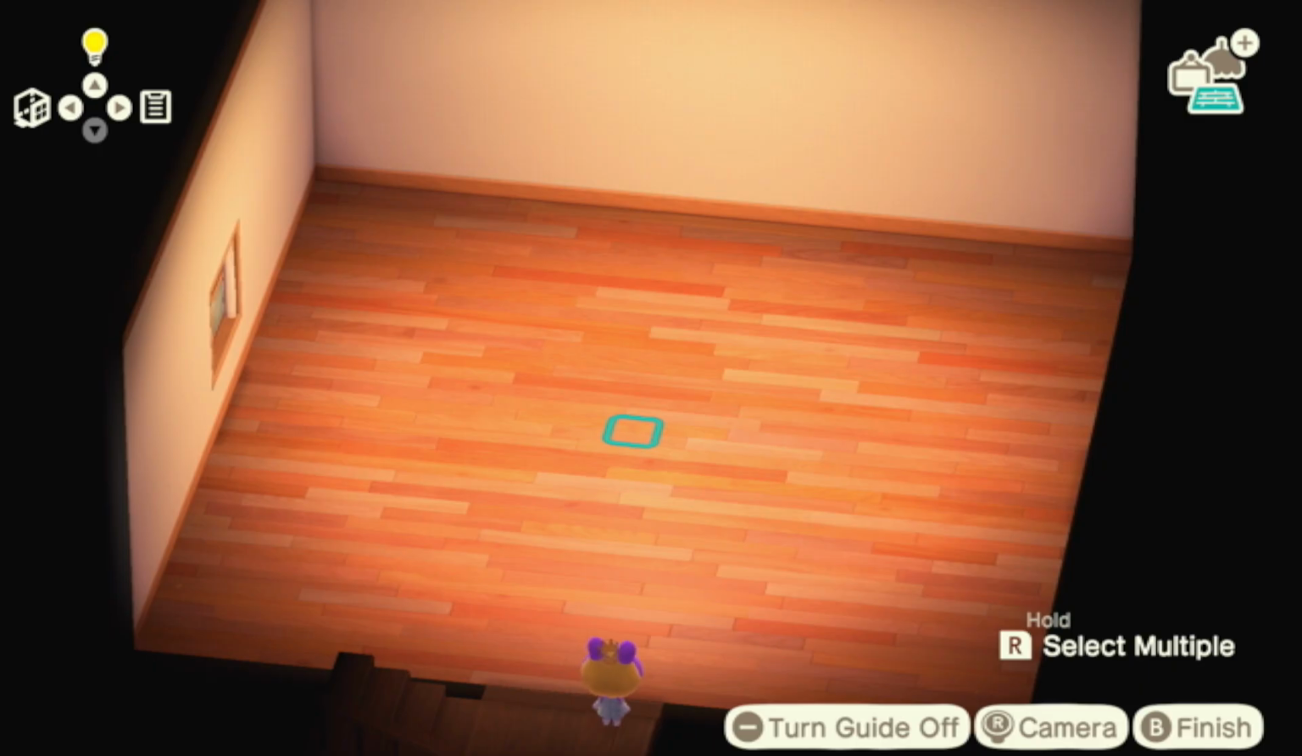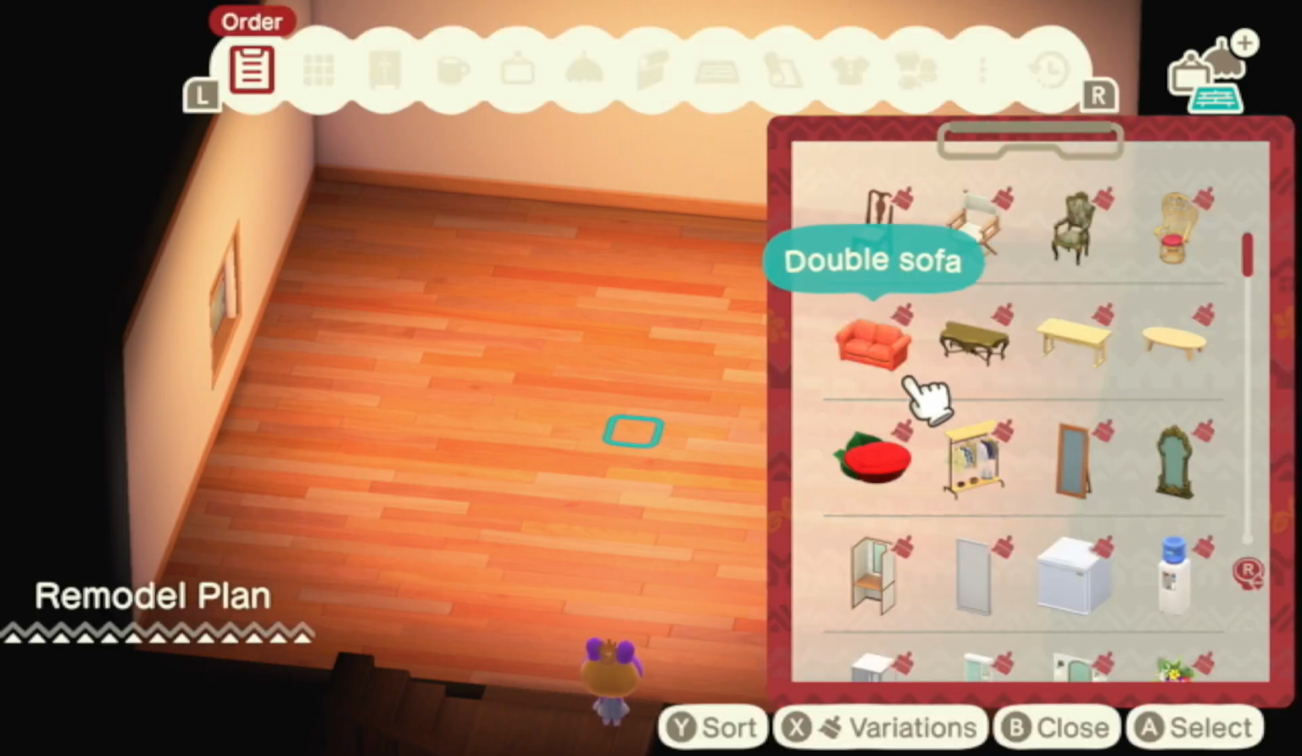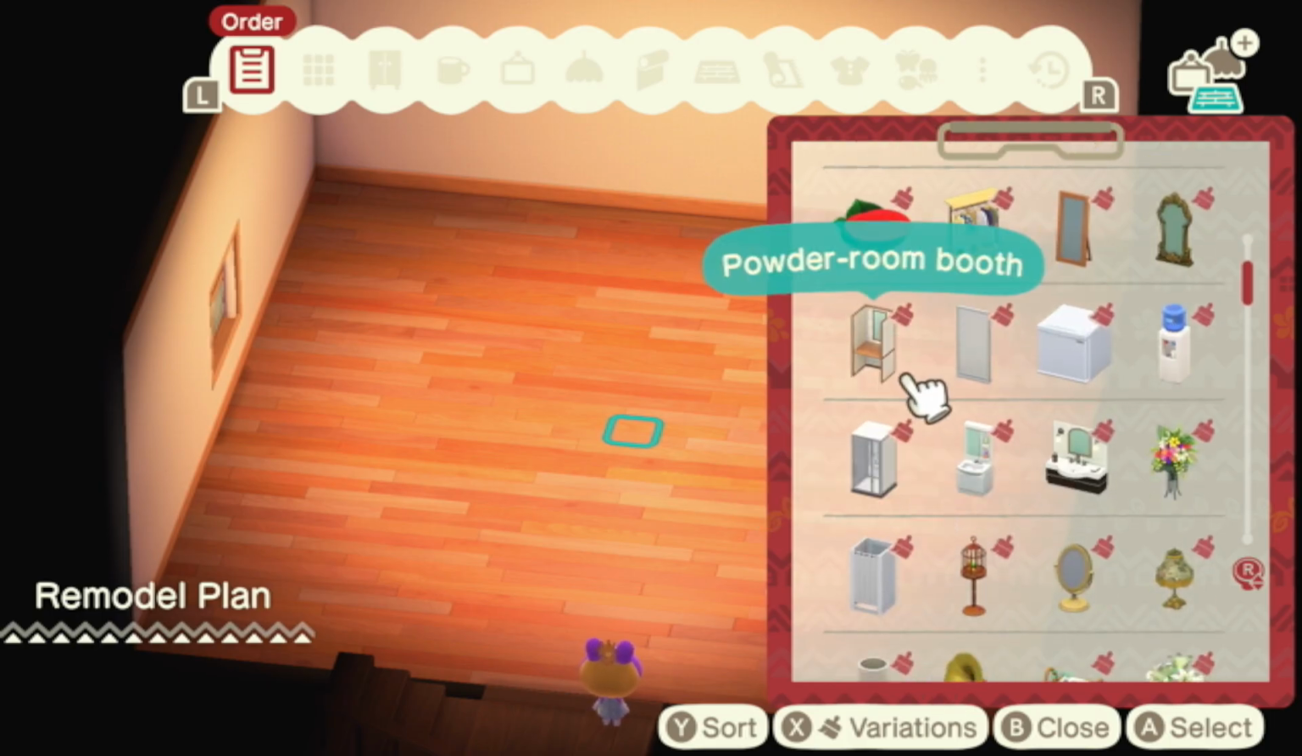Okay. So, let me see what she likes. Yeah, see, we have like a dressing room and a powder room booth for her. So we need